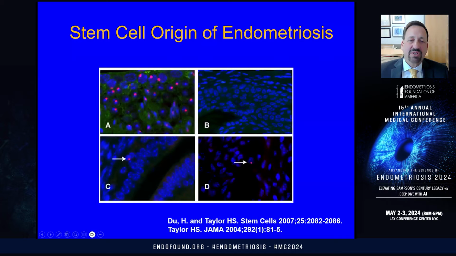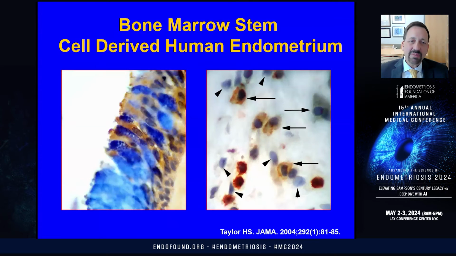And the dark stripe down the middle is the lumen of this uterus. These are the epithelial cells on either side, and that's a bone marrow-derived cell. On D is the stromal cells. We also looked at humans, and we looked at women who'd had bone marrow transplant in the old days when